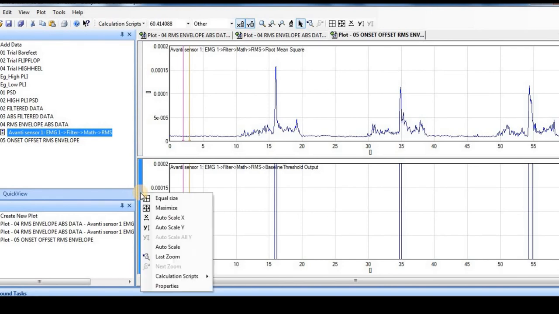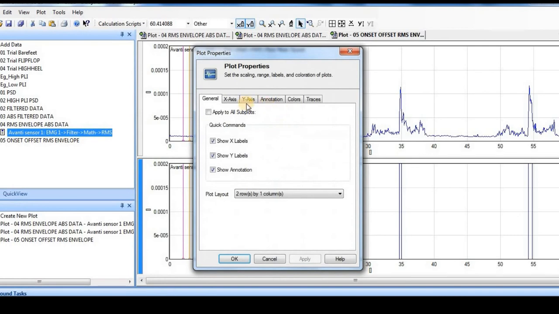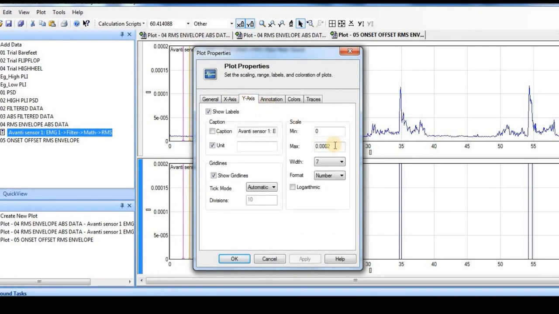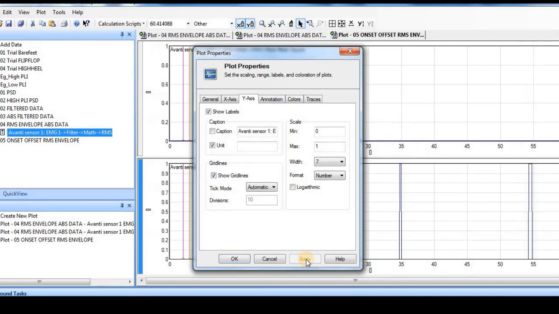If you want to see it on a better scale, I'll have to go to the properties of the scale. I'll go to the Y scale, and let's say I put it at 1, let me see what happens.